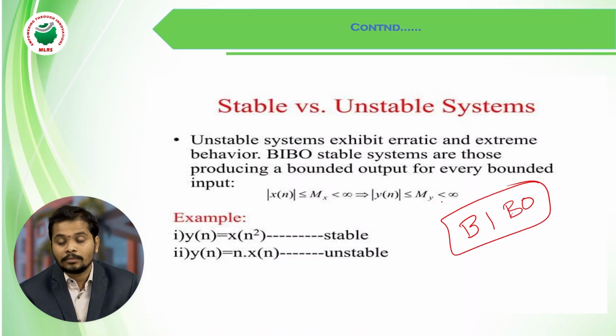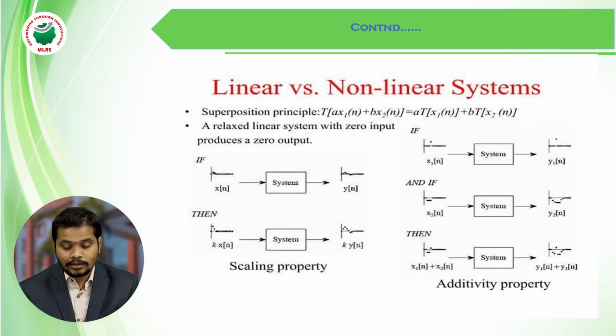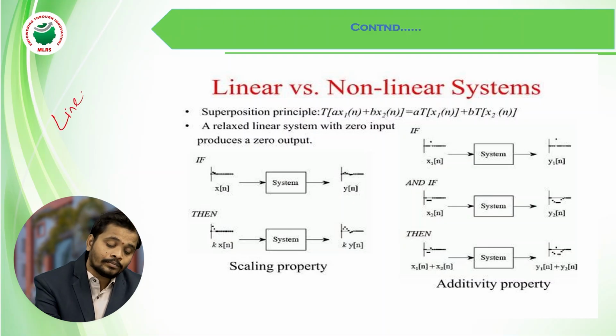You know that already, that the before condition, for the finite input the output should be finite. So it will lie between the infinity. So it is one type of stable system and it is also one type of unstable system. We'll see the example for this also. And coming to linear versus non-linear systems, every linear system